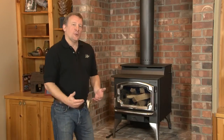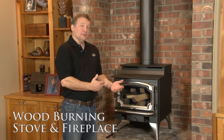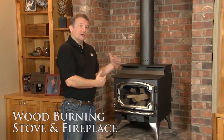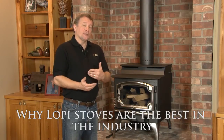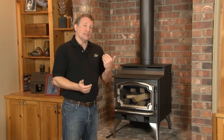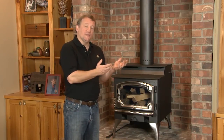One of the things that make Lopi wood stoves different from the older stoves is secondary combustion. Secondary combustion is air injection in the top of the firebox, and that air injection is reburning all the smoke, the gases, the creosote before it exits the flue. So you're producing heat off of the stuff that used to go up the flue with your old